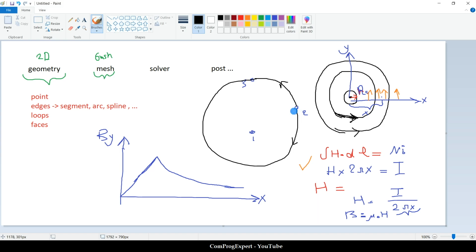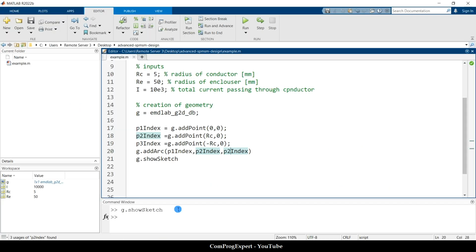So the direction that we move from point number 2 to point number 3 can be counterclockwise or clockwise. So we need to specify the direction here. I set the direction equal to 1. This is counterclockwise. So if I run this code,